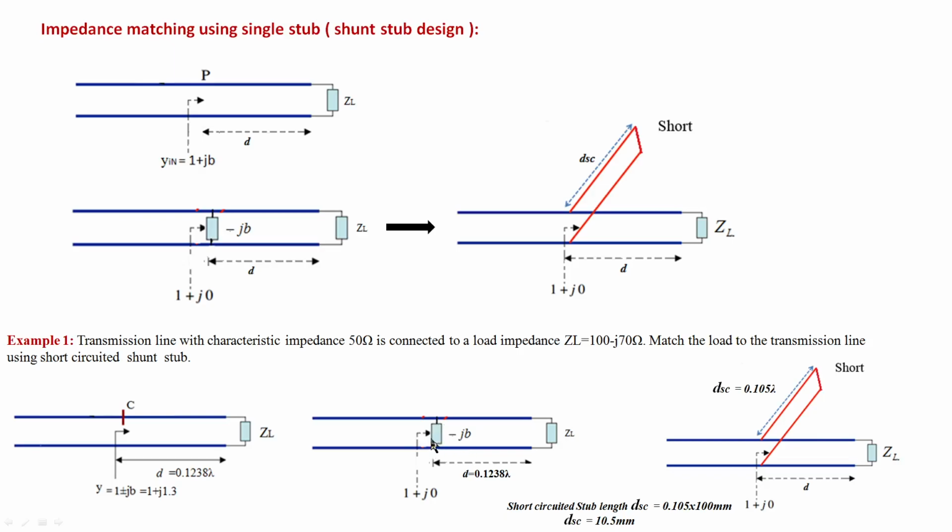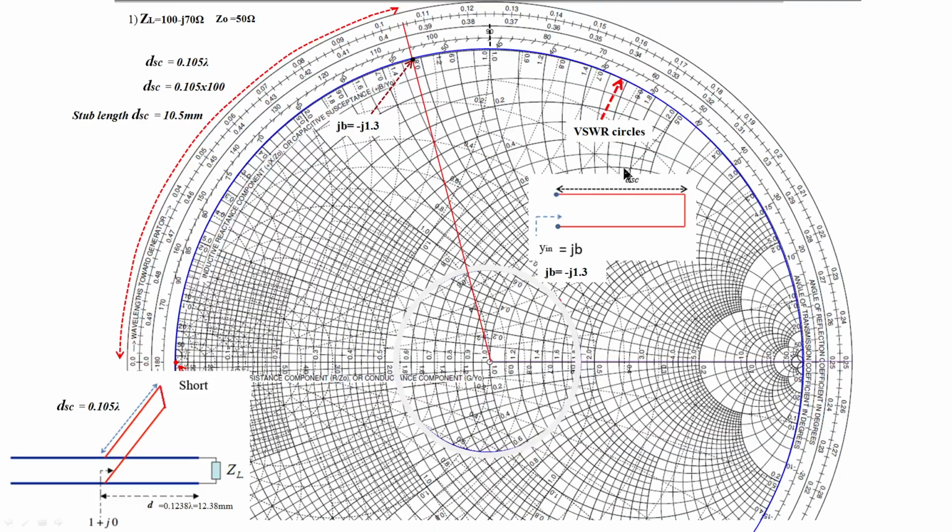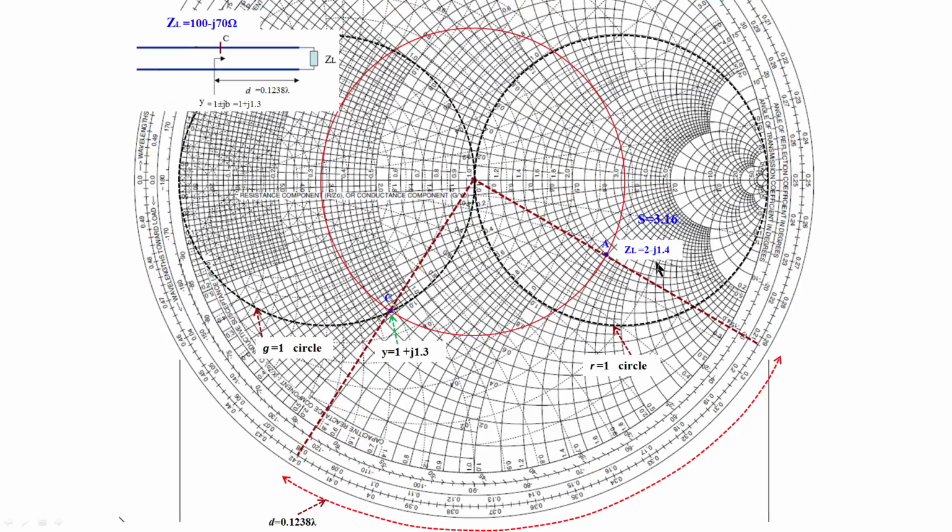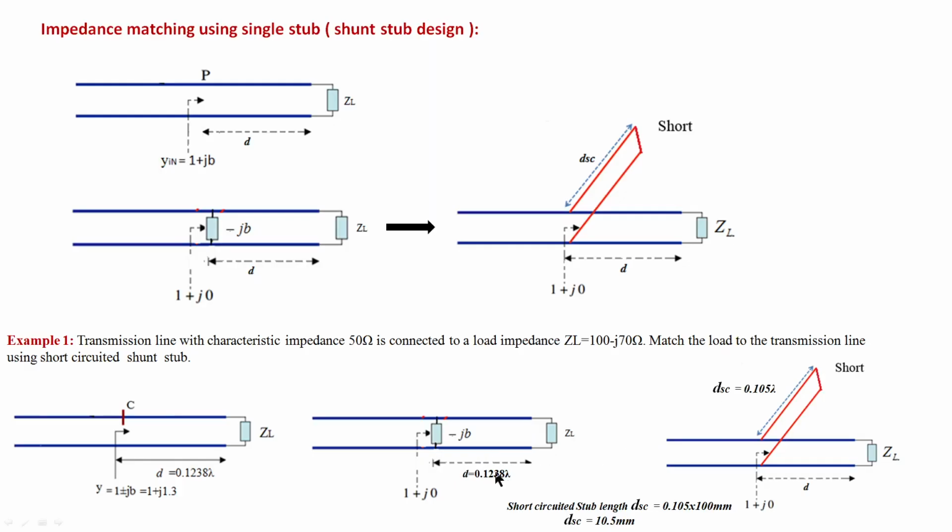How do you implement this? How to connect this? This is a stub. How to get this stub? Based on the susceptance value you need, you design this stub. We already know how to design that stub. If it is a short stub, move from here and find out, stop wherever you come across this. Find out the distance, distance DSC. Don't confuse this with this distance. This is where to connect the stub. You should connect the stub here.